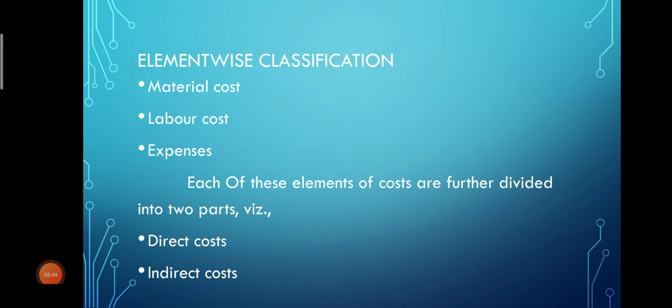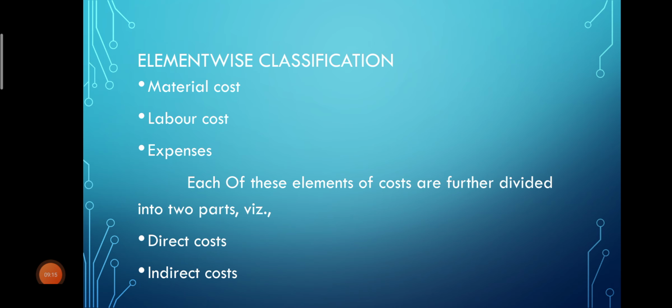Now what are direct expenses? These are the expenses which are specifically incurred for the product. Examples are import duty, excise duty, royalty paid, architect's fees, and hire charges of any equipment, which are directly used for the production of goods and services. Such expenses will be called direct expenses.